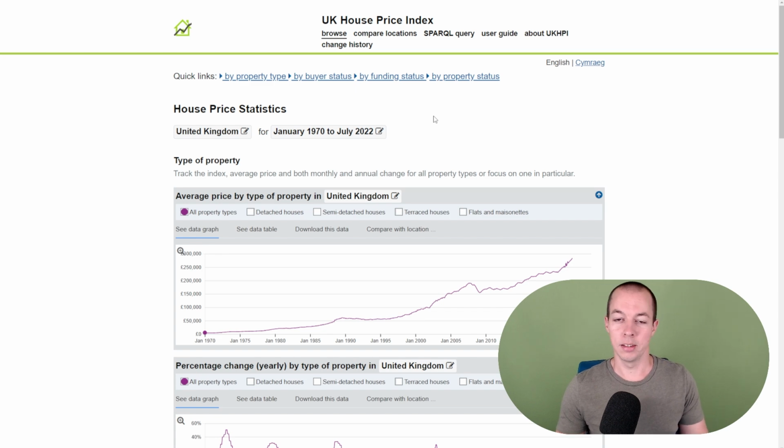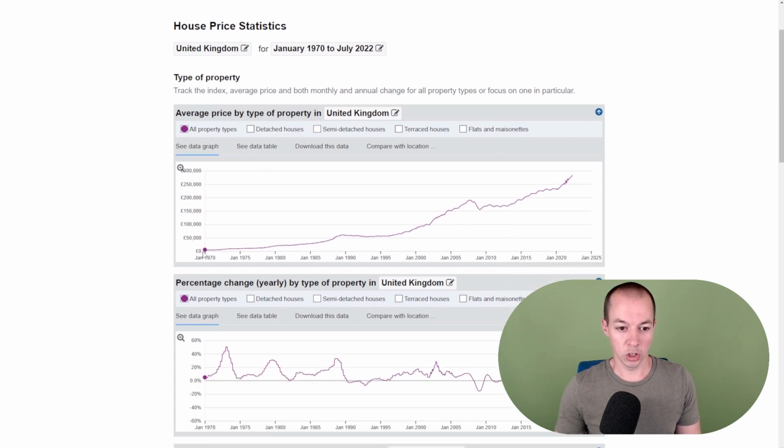So this website here is the land registry. So the data on here is about as accurate as you're going to get. This graph shows the house prices all the way back from 1970. And we're going to go to November 1979 because that is when interest rates peaked. And I'm going to show you that in a moment. So let's go and find November 1979. Now I know that text is quite small for you guys, but what it says is £18,542. There's also the figure here, which is at the moment the most recent figure, which is for May 2022. So it's a couple of months behind, but we've got the average house price there at £283,496. So I'm going to go back to the spreadsheet.